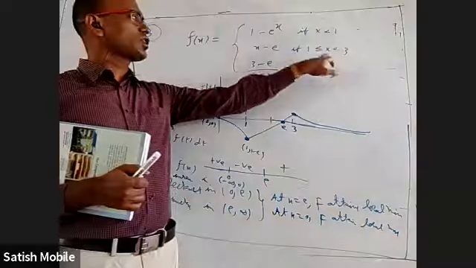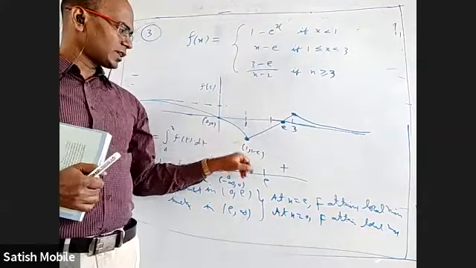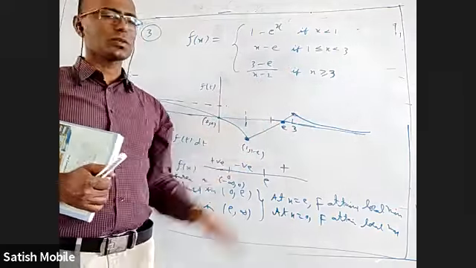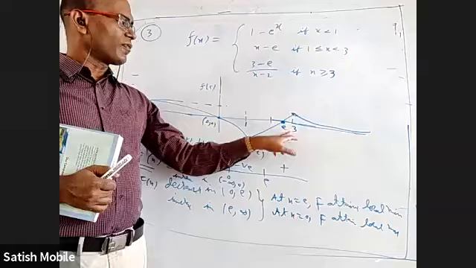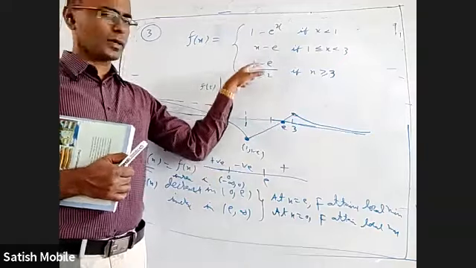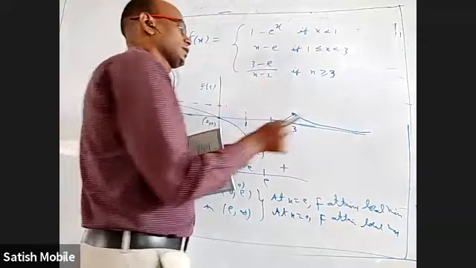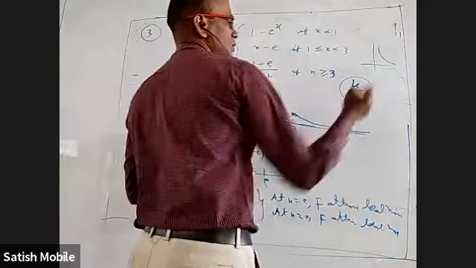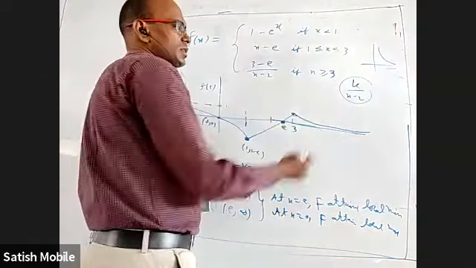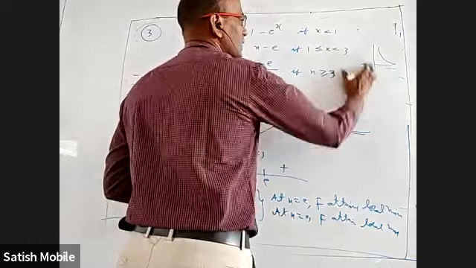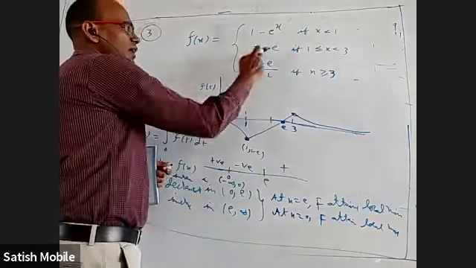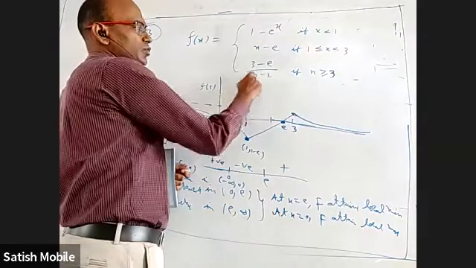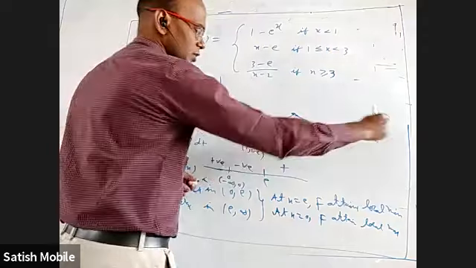Between 1 to 3 it is a straight line. At 1 it is 1 minus e, and at 3 it is 3 minus a small positive number. At e it is 0, a line with slope 1. After 3 it is some positive constant divided by x minus 2. We know 1 by x looks like this; 1 by x minus 2 is shifted towards the right by 2 units, a decreasing function, and at infinity it is 0. At 3 both have the same value: 3 minus e, and 3 minus e divided by 3 minus 2 is 1 only. So at 3 it starts here and reaches 0.